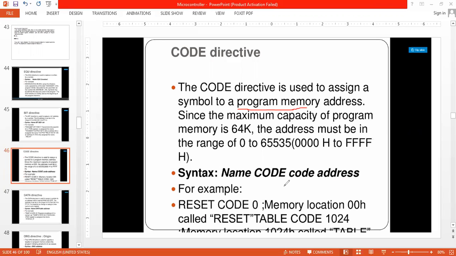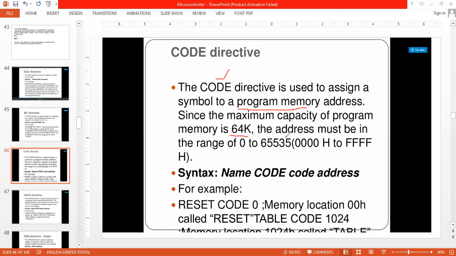For example, basically I have 4 kilobytes to 64 kilobytes. ROM is going to be the program memory. From that ROM, I can assign a symbol to a particular memory address by using this code directive.